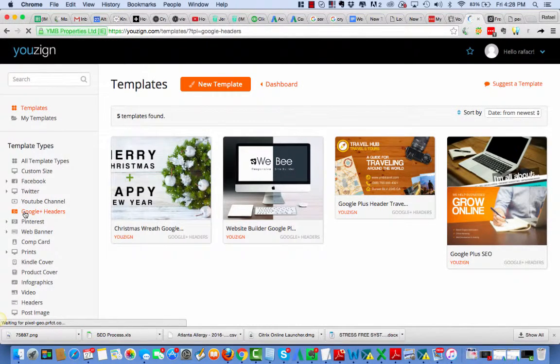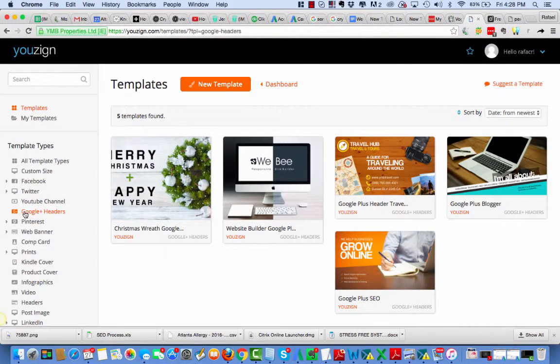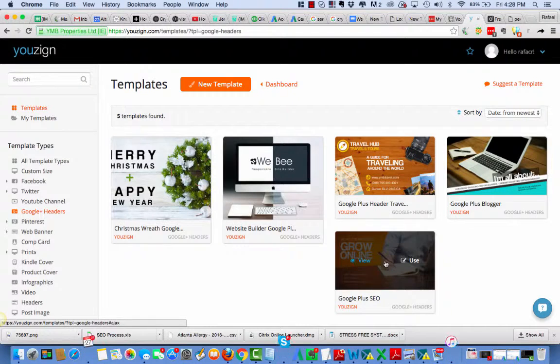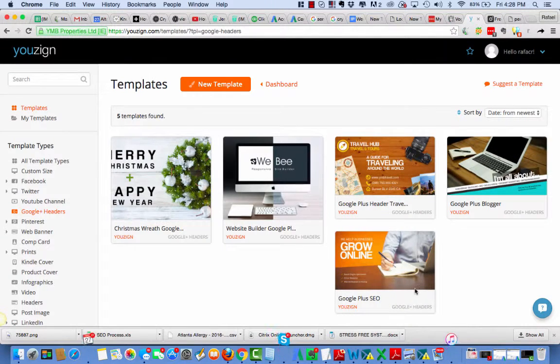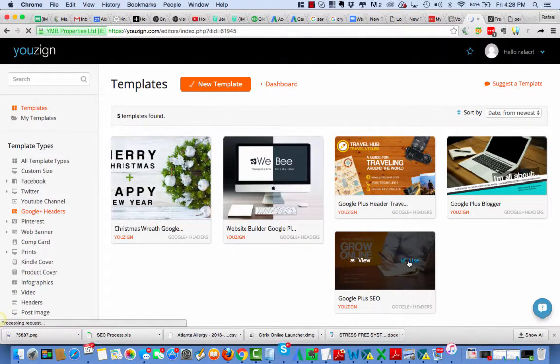All right, so let's pick one just for fun. Actually, I'm going to create my own header. Well, no, I'm going to pick this one because even though I don't want to use this header, this information is going to give me the size that I need, or you can put the size that you want. And when it goes into here,